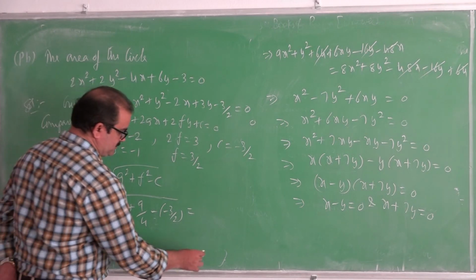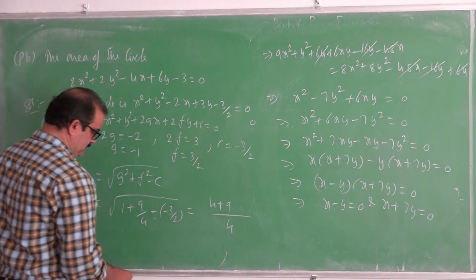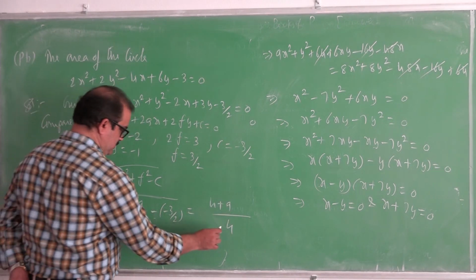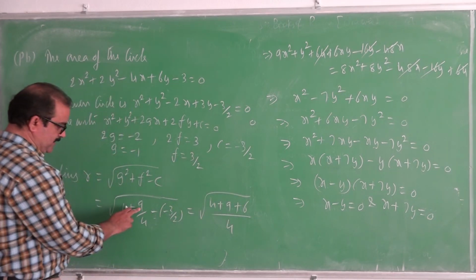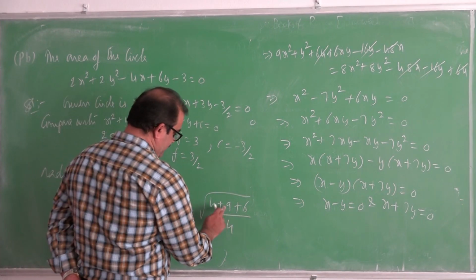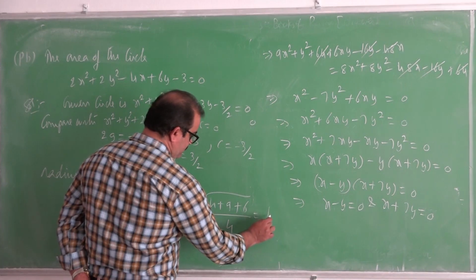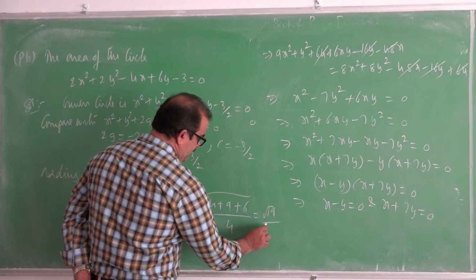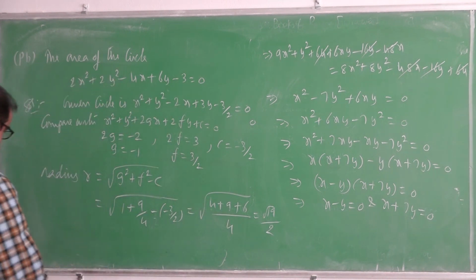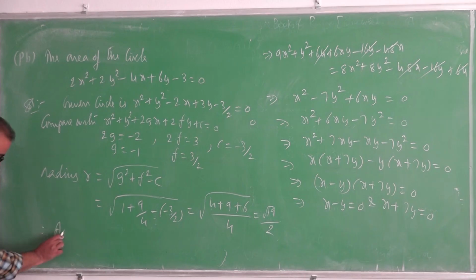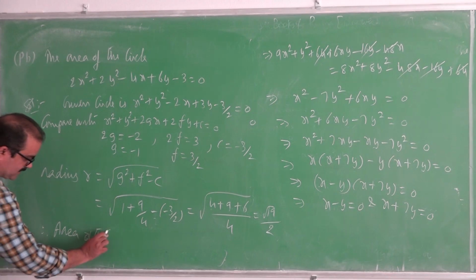Now take LCM and simplify. LCM 4 plus 9 plus 3 into 2 is 6, 4 plus 9 plus 6, 15 plus 4, 19. Root 19 by 2, root 4 is 2. This is the radius. Therefore the area of the circle is